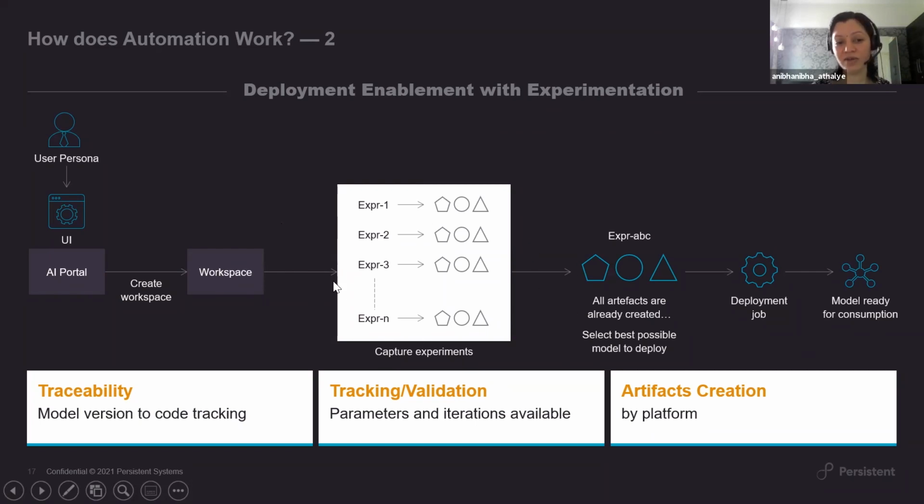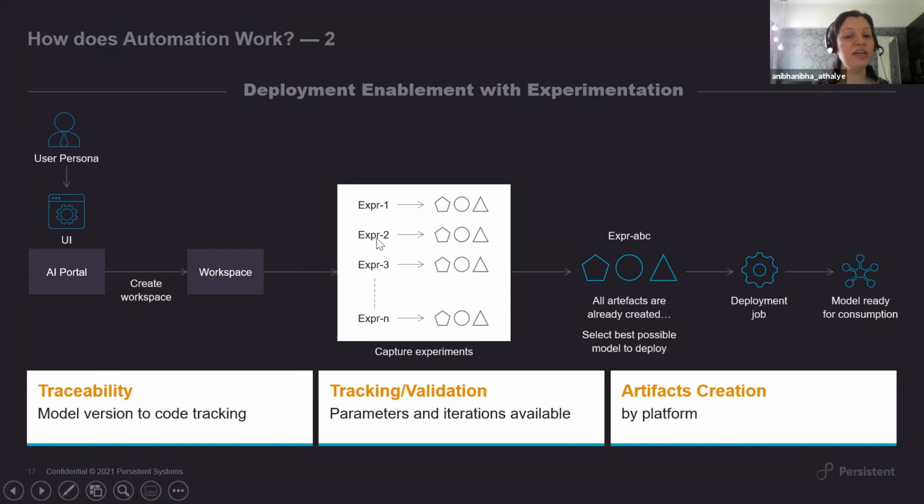Now what this enables is something called traceability. So the model that is deployed for production, you can actually trace it back to the artifacts. You can trace back those artifacts to the experiment number, let's say experiment number 2, which was done to get the best artifact or the best model for deployment.